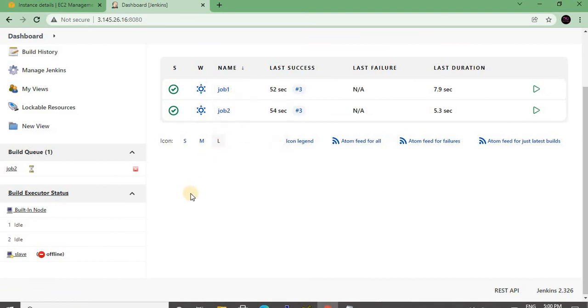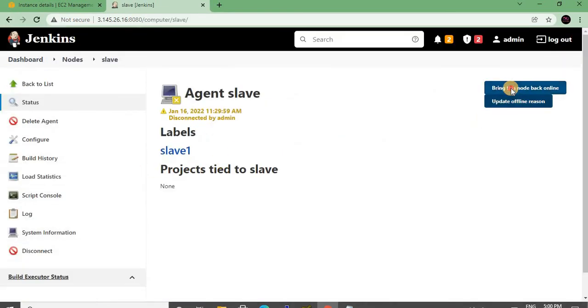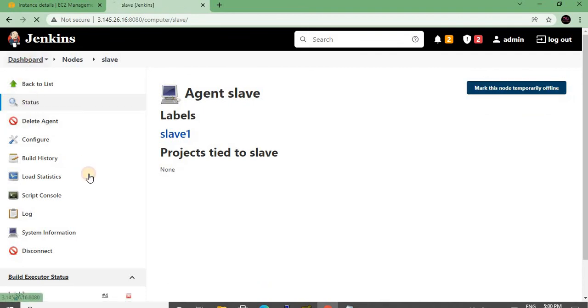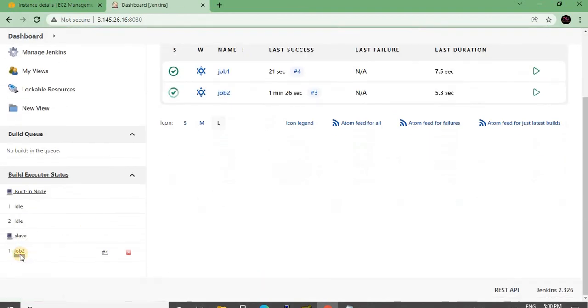Execute job 1. Job 1 is being executed. Now bring this node back online. Job 2 is getting executed.